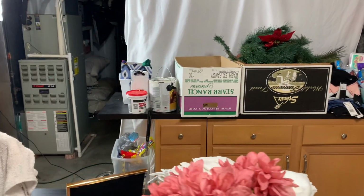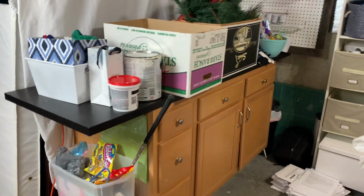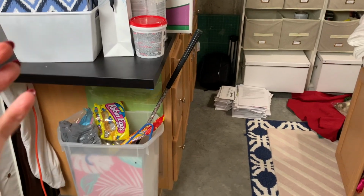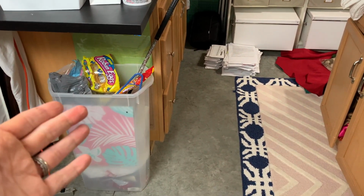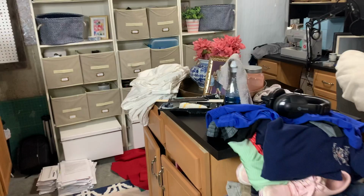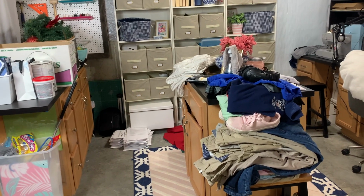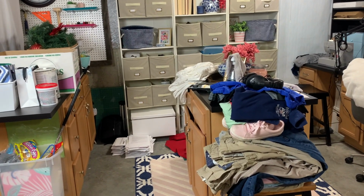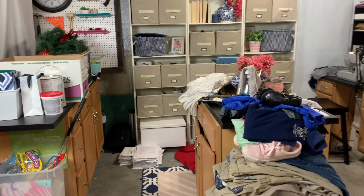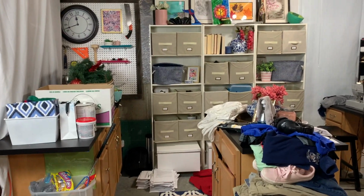I was touching up paint and filling some holes upstairs where we took curtains down in the dining room. So I have paint stuff here, an entire trash can full of stuff that doesn't even have a trash bag in it. And then this stuff is for a yard sale. I have an entire mountain of yard sale stuff that I have to deal with that I'm not gonna do today because I don't have time, but it's embarrassing the amount of crap I have in my basement right now. So I'm gonna at least get this part cleaned up and then we'll move on to the